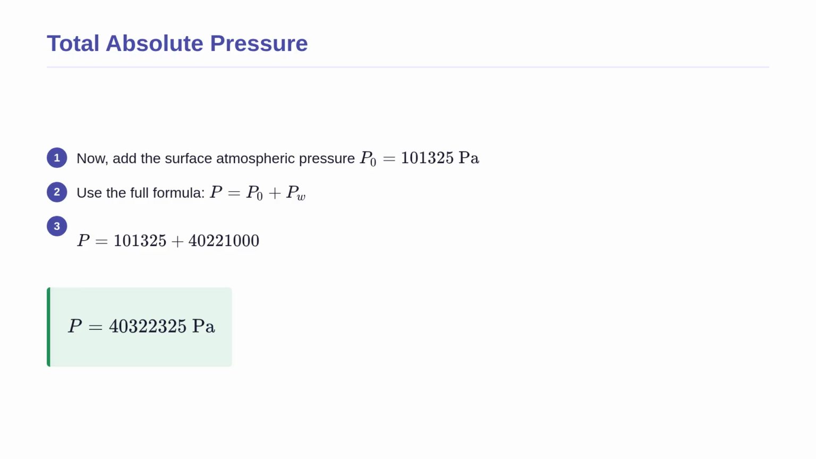Now that we have the water pressure, we must account for the atmosphere. The crab feels the weight of both the water and the air above it. We take our water pressure and add the constant surface atmospheric pressure, which is 101,325 pascals. Adding these together gives us a total absolute pressure of